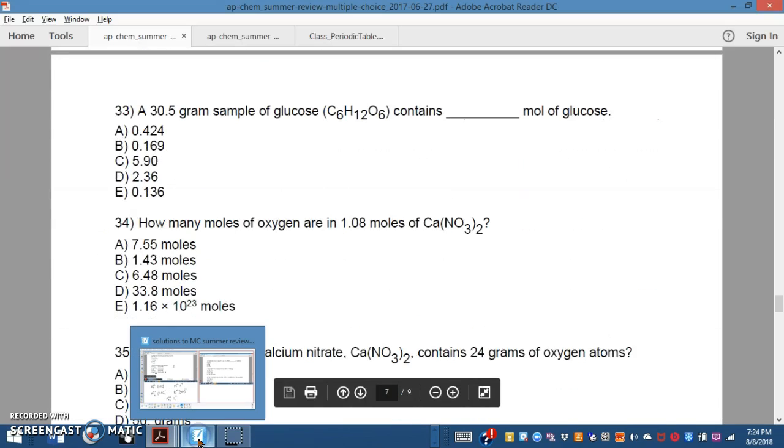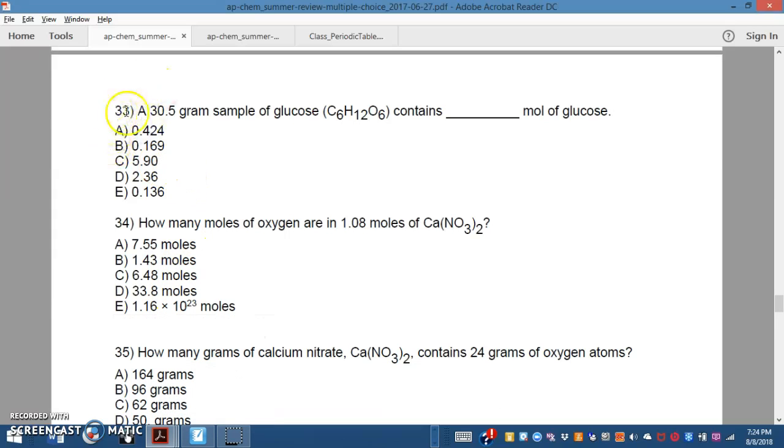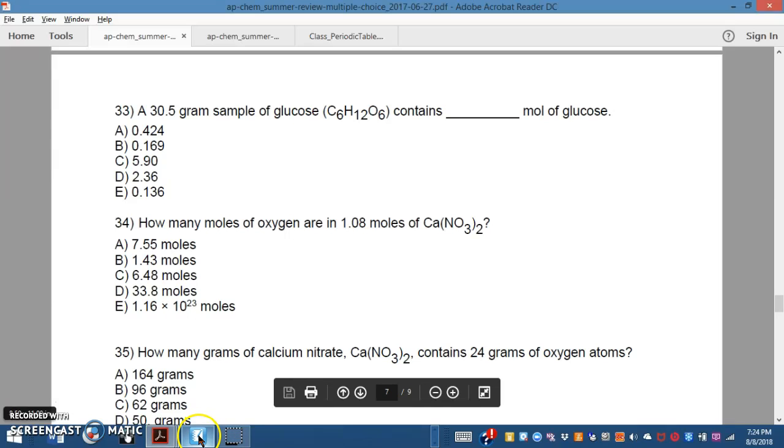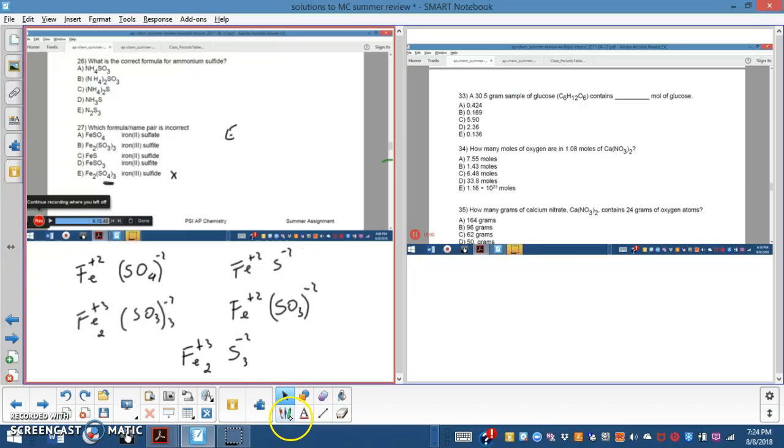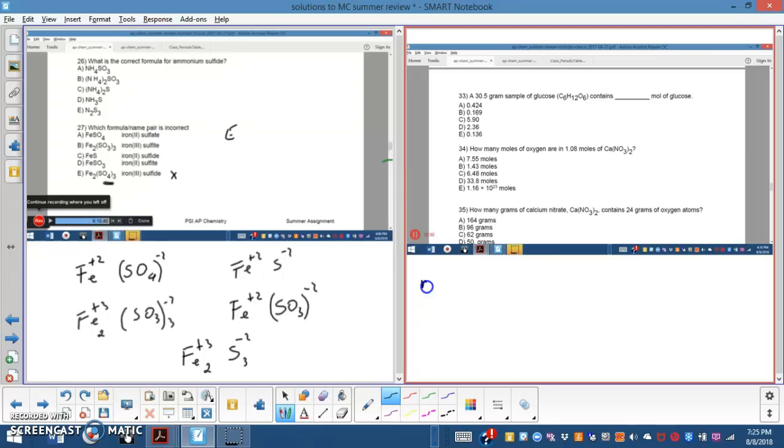33. And about this number 33, you do have that many grams of glucose. How many moles are there? So this is a simple stoichiometry problem. So I just copied the same problem again. And so at this point, what you need to do is to basically convert your grams into moles. So there's not much else going on. So you have to calculate your molar mass